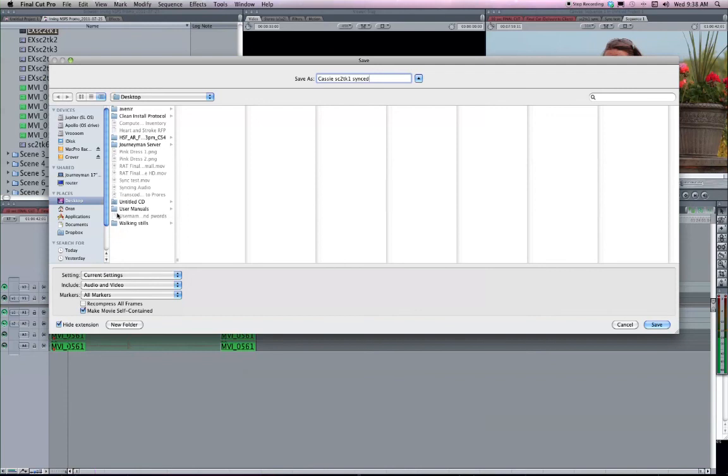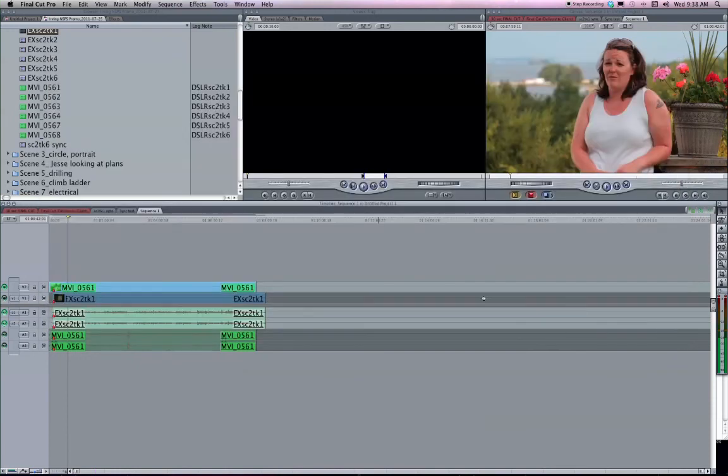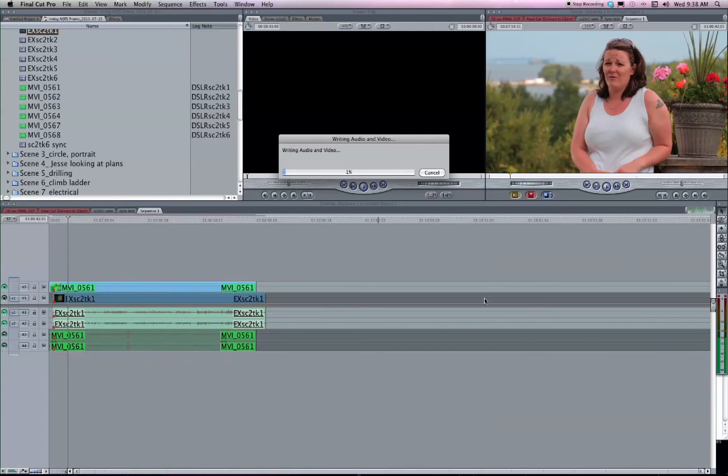But you're going to create a folder where you save all these synced files so that they're all in the same place in folders organized by the people or by the setup. And make sure the movie is self-contained is clicked down here. Make sure that's checked. Everything else leave, current settings, everything just leave it the same. Recompress all frames doesn't have to be ticked. So just make movie self-contained. And then I go save. And then I wait. And then it's going to start exporting. And sometimes it takes a bit of time. So, you know, you can look up